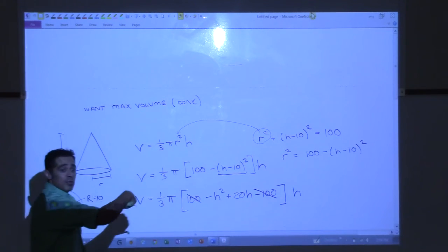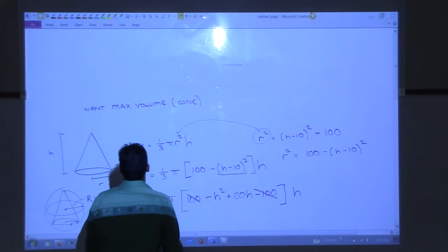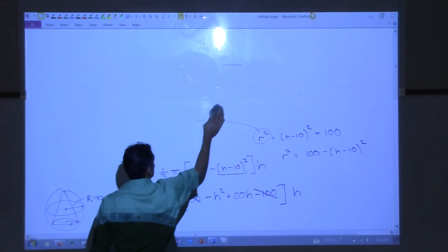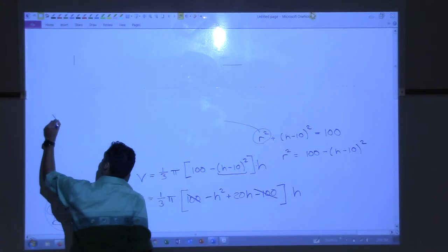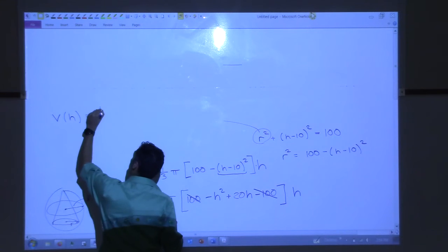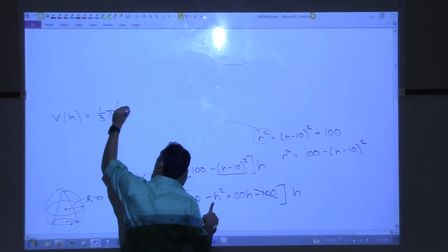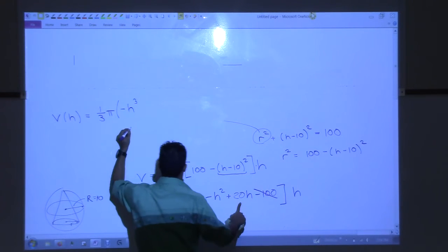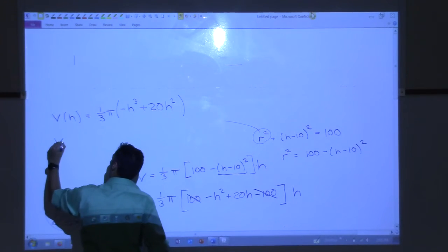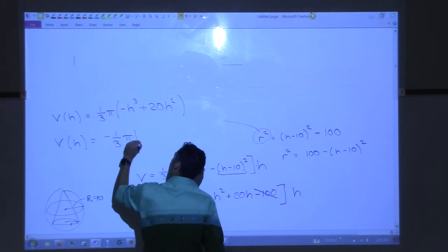And then I'm going to pass the h through. This h is going to go through and make that an h cubed and make that an h squared. And we're going to have our final little volume formula here, the objective function, our volume as a function of h, which is 1/3 pi times negative h cubed plus 20h squared. I think I'll go one more step before I do anything else. Minus 1/3 pi h cubed